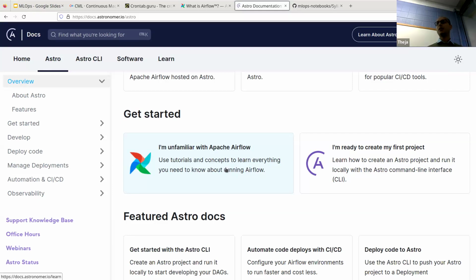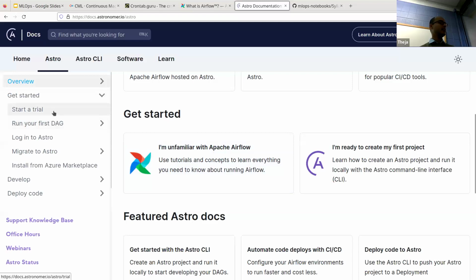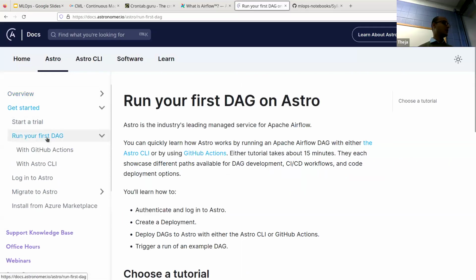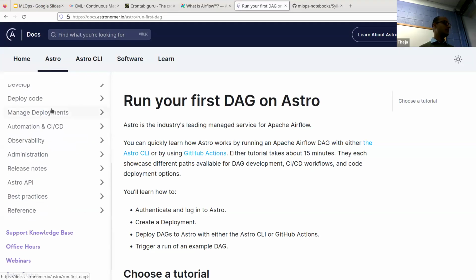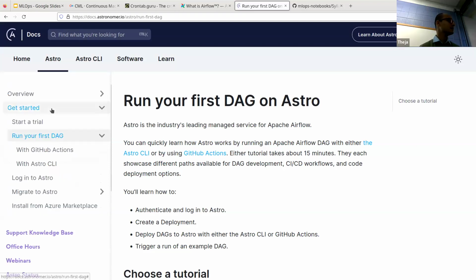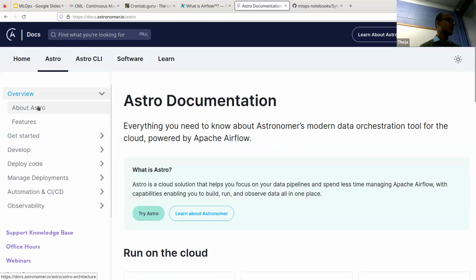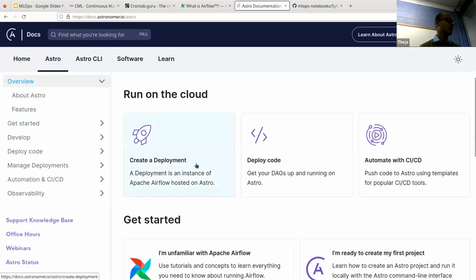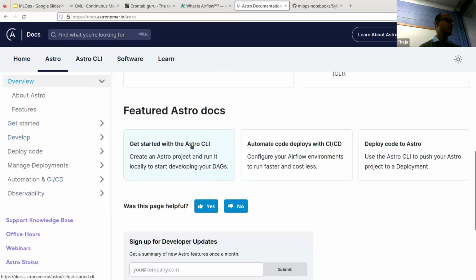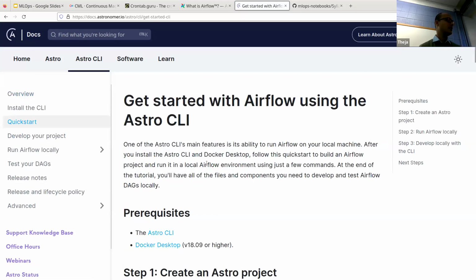So let's directly go to quick start. Yeah, I think I went to a different quick start, which is using the managed service.